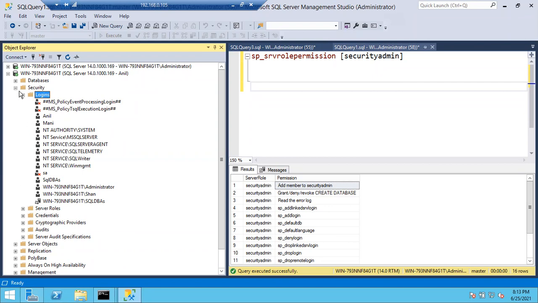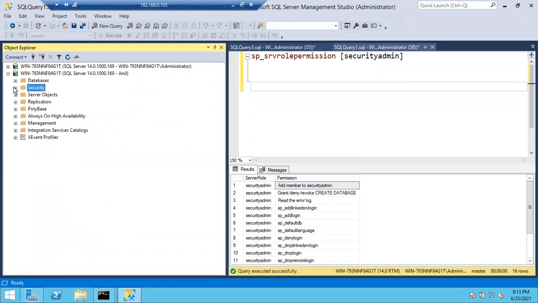Again, one more question, the same as with process admin. Can a security admin drop the sysadmin login or not? True or false? Can a security admin drop the sysadmin login, or reset the password of the sysadmin login?